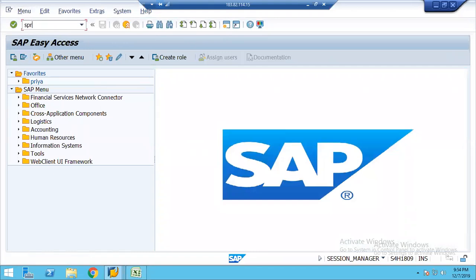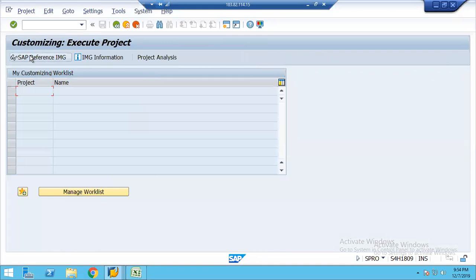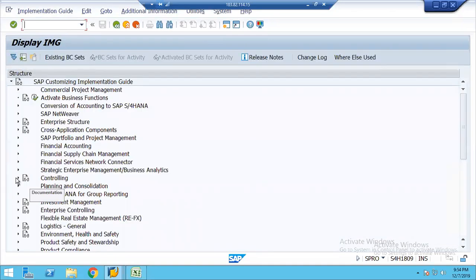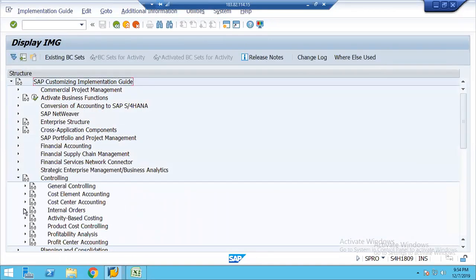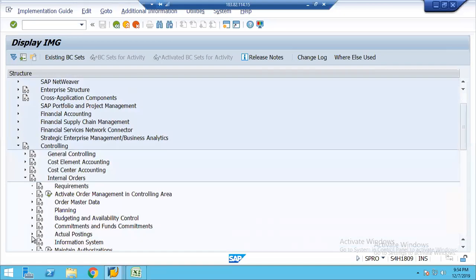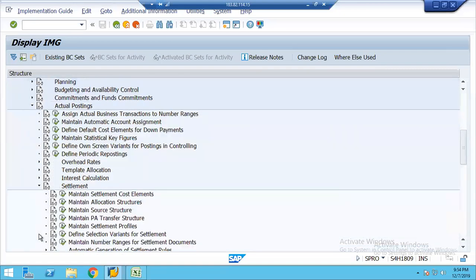I don't understand why it is expecting when we are in our controlling area. Okay, so let us go and do PA transfer structure. What is a PA transfer structure? So basically PA transfer structure is the one that